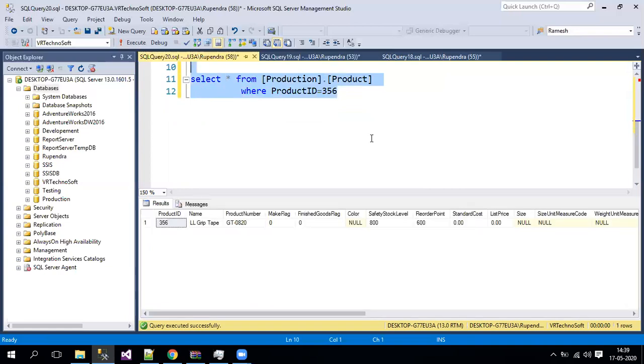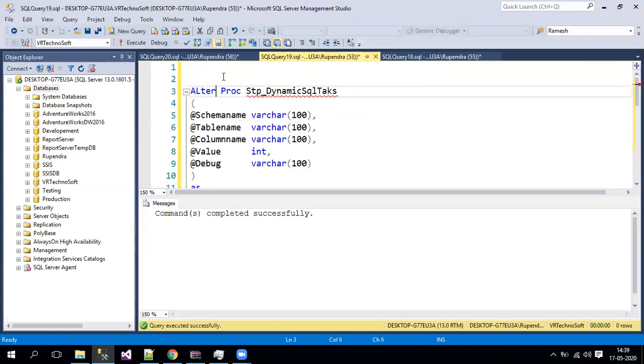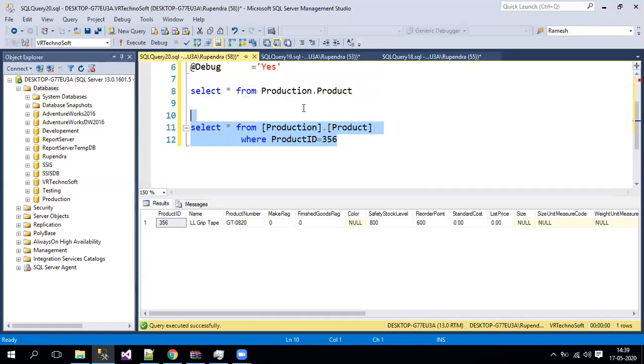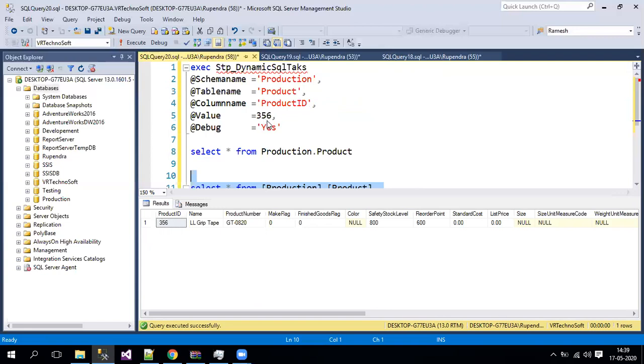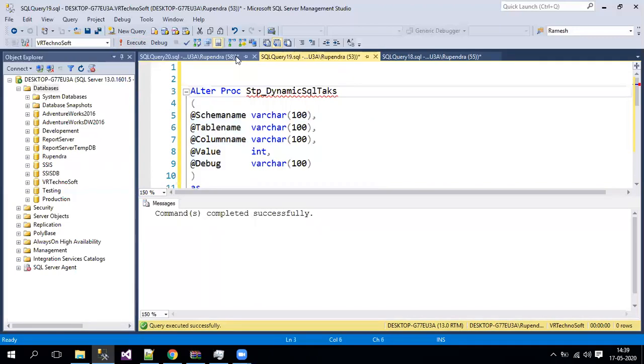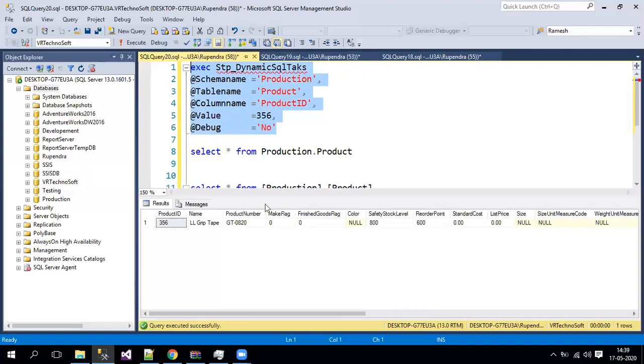Now, instead of debugging, let's execute my query and pass the number over here, and we'll see whether we are getting a proper result set or not. Yes, we are getting a proper result set. Now I want to see if I pass another table and a column, will my procedure work or not? Instead of writing the whole query, select star from, where clause, all those things, we can simply pass these schema names and see whether it gives the proper result.